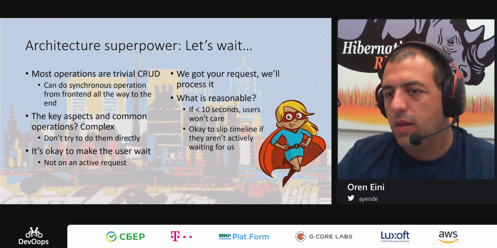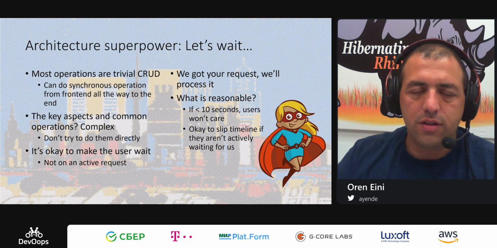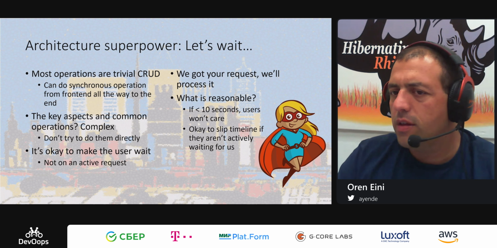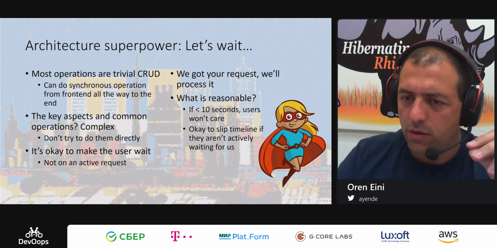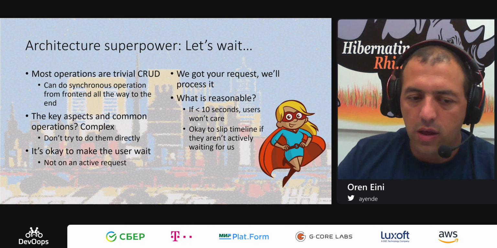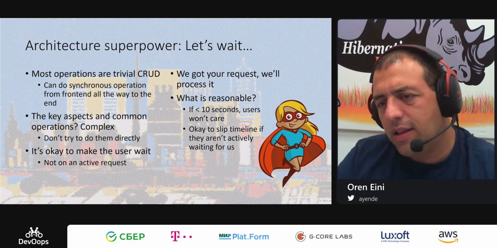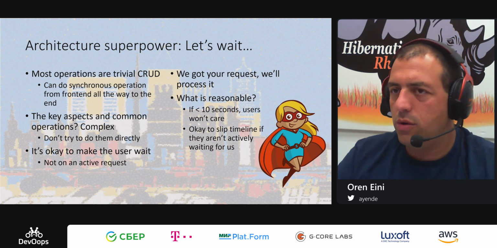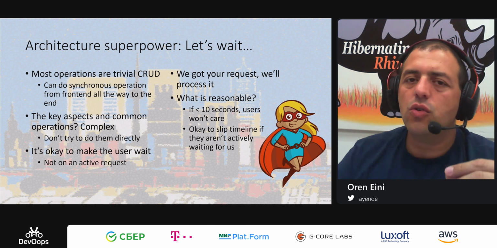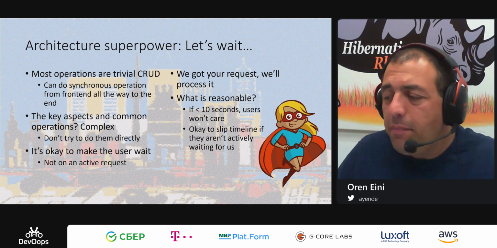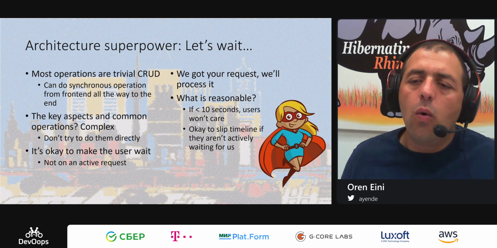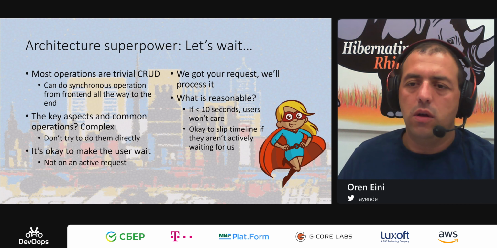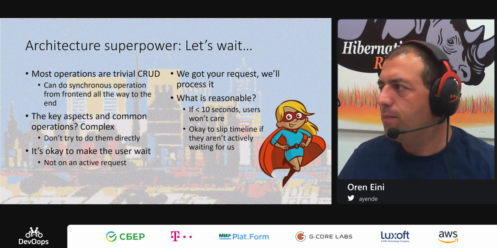That's the difference. In some cases, you also have to consider, this is under 10 seconds. I can pretend that it happened immediately. Worst case scenario, it will pop up something to the user. And if it's greater than 10 seconds, something like that, okay, I need to make that into an actual queue, something that is visible to the user. And I call this an architecture superpower because accepting that gives you so much benefit in terms of how far you can go. They give you so much flexibility.